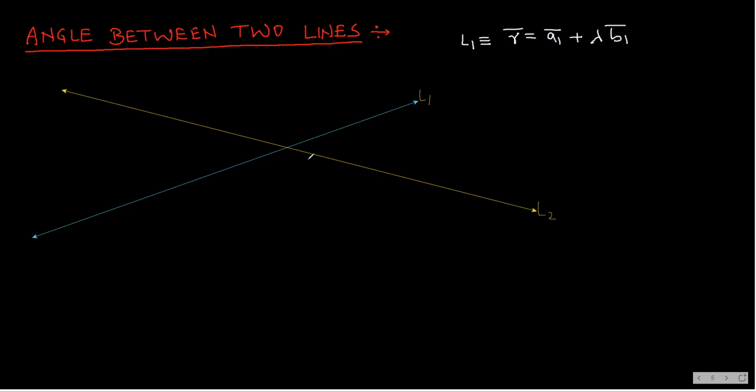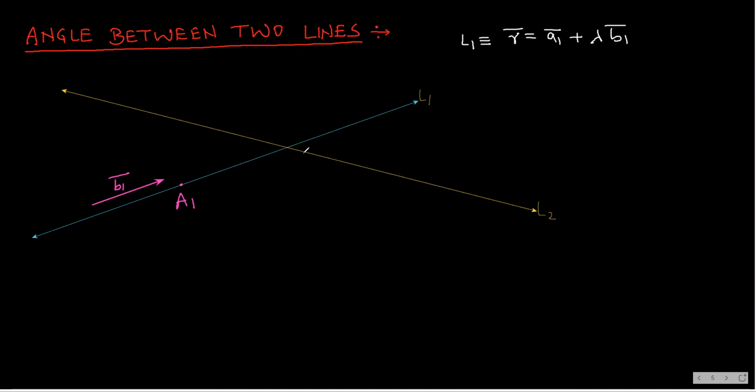So I have here a point. I will take a point here on the line, and that point is A1. So A1 is a point on the line, and hence A1 bar is the position vector of this point with respect to origin. And I have the vector parallel to L1. What is that vector? It is B1 bar. As you know, for writing the equation of a line, you need one point on the line and a vector parallel to that line. So you have B1 bar.